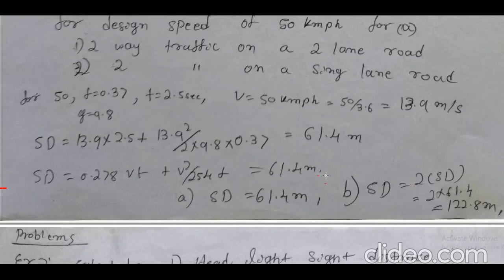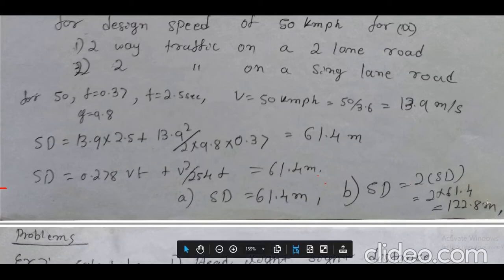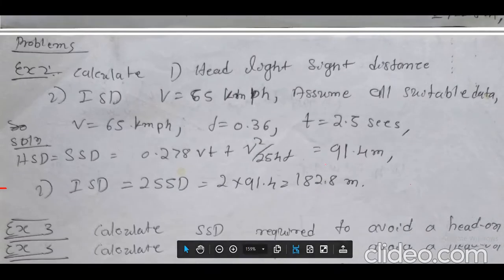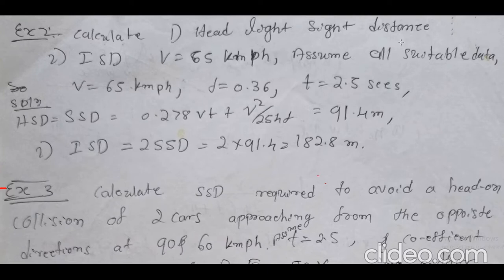For two-way traffic on a two-lane road, direct 61.4 meters. For two-way traffic on a single lane road, it will be 2 times the SSD, 2 into 61.4, which is 122.8 meters. Next problem, calculate the headlight sight distance for the design speed of